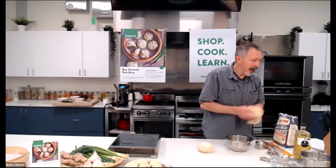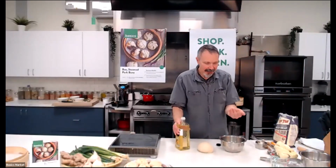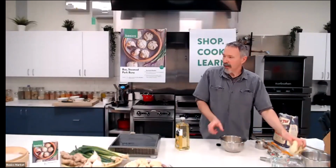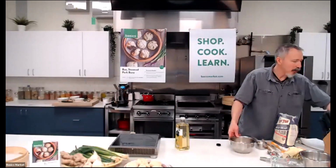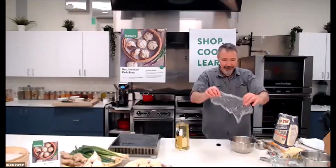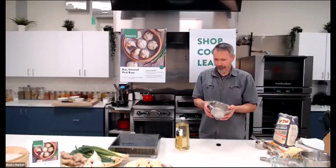So what I will do here is put a little bit of oil, and again, we're using this neutral oil, and I have a little in my palm here. Just going to rub it over the dough and put it in a bowl, and then we're going to cover the bowl, and you can cover the bowl with a damp towel, or you can use a little bit of plastic wrap,